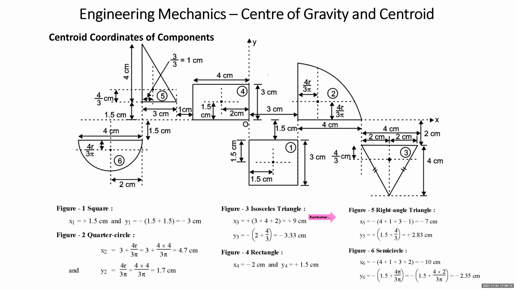Now, here I have taken a diagram in which I have shown the reference axes x and y. Also, I have shown a number of figures for which I'll explain how to read the coordinates. First of all, you should understand this: this is the origin, this is the x reference axis, this is the y reference axis. What does that mean?